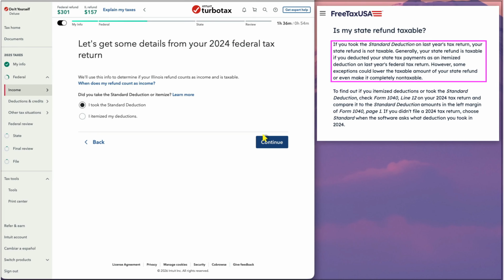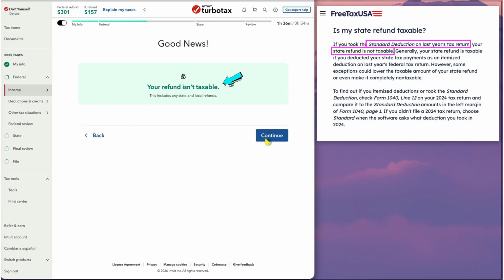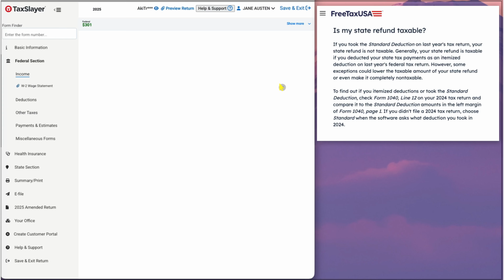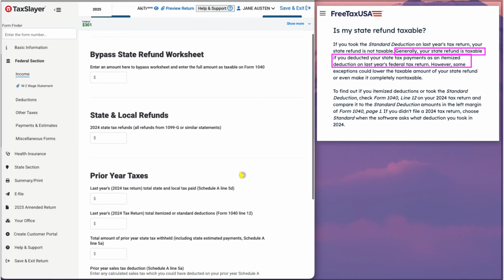If you took the standard deduction in the prior year, the refund will not be taxable because you didn't itemize your state taxes, so you didn't actually deduct them on Schedule A. Now let's look at how this works in TaxSlayer if you did receive a state refund and you did itemize